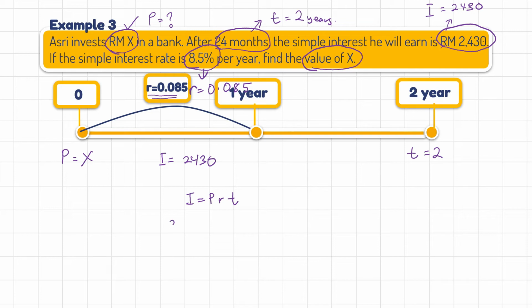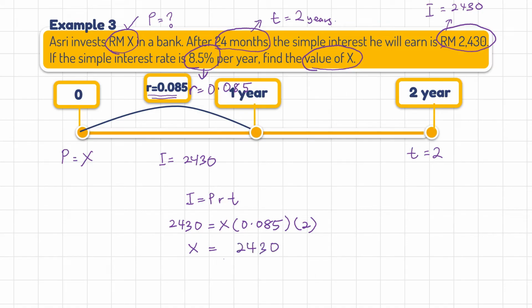Just put all the information inside the formula and we will get 2430 equals to X, which is our P. Our R is 0.085. Our T is 2. Simplify the equation, we will get X equals to